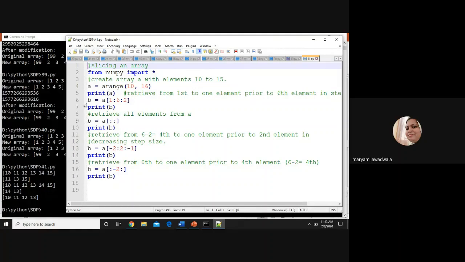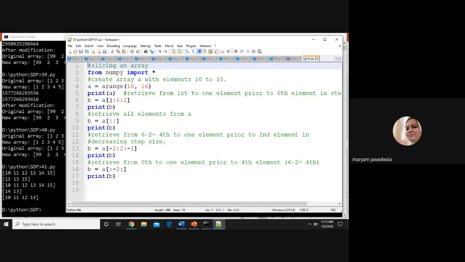Now I'm creating another array b from a using slicing operations. I write b = a[1:6:2]. 1 is my starting index, 6 is my stop index, and 2 is the step size. It will retrieve from the first element up to one element prior to the sixth element, and the step size will be 2.